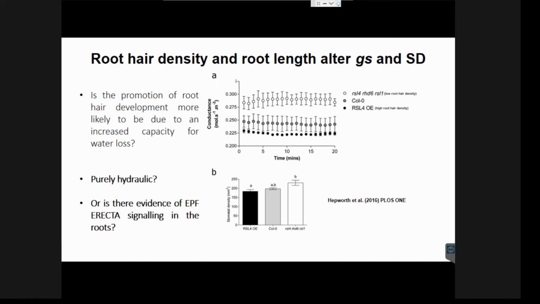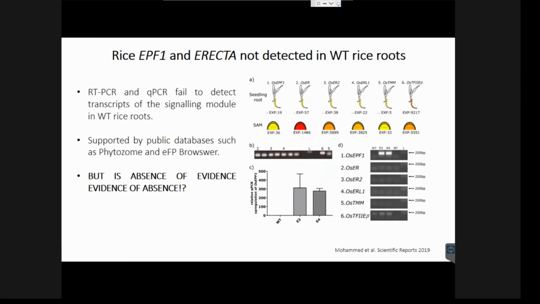Mainly because by knocking out root-specific transcription factors, you can see similar effects because of this change in root architecture, then making changes in hydraulic demand. And if we try to detect EPF1 and EPF2 and EPFL9 in rice roots and in Arabidopsis, you never find it. It's either there in trace or not there at all.